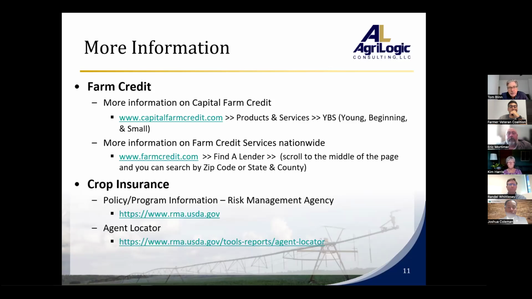For crop insurance, it's primarily the Risk Management Agency, accessible at www.rma.usda.gov. And on that site, there is also an agent locator tool whereby you can, again, by your location, zip code or county, get a list of agents that can service crop insurance in your area.